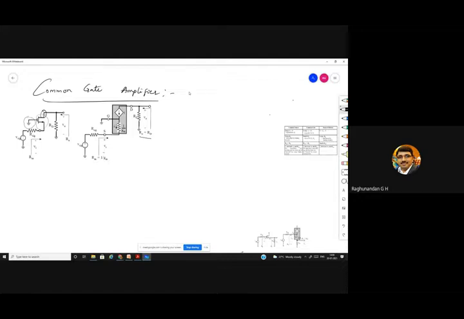So with all this basic information, let us analyze it. In the analysis, we are going to take the input resistance Rin. From the circuit itself, we know that the input resistance is with respect to the source terminal, as we are giving the input to the source, and it is given as 1 by Gm. The inverse of the transconductance will give you the input resistance. It is usually a few hundred ohms, and overall we say that it has low input impedance.